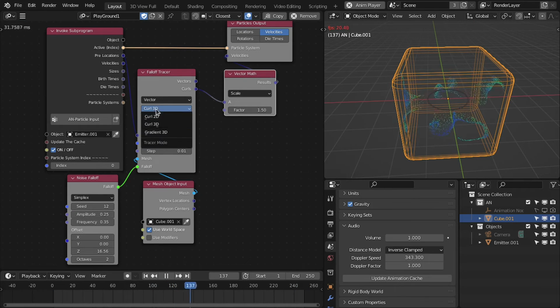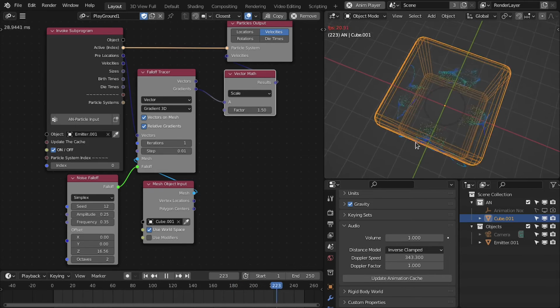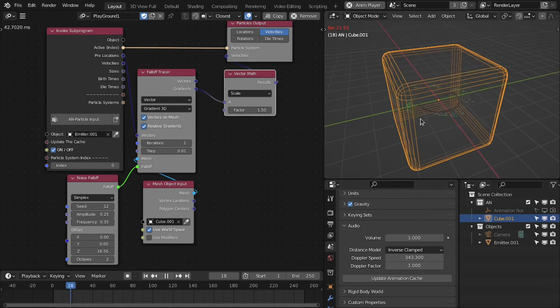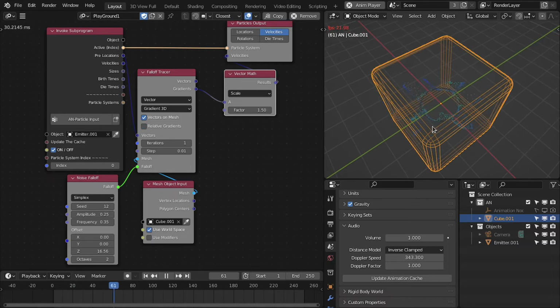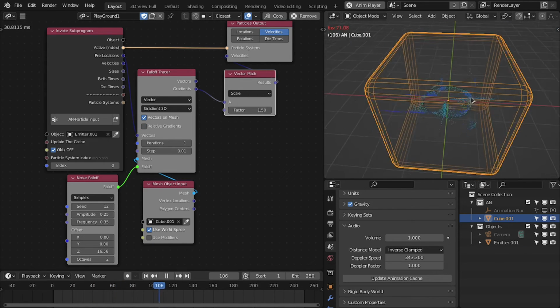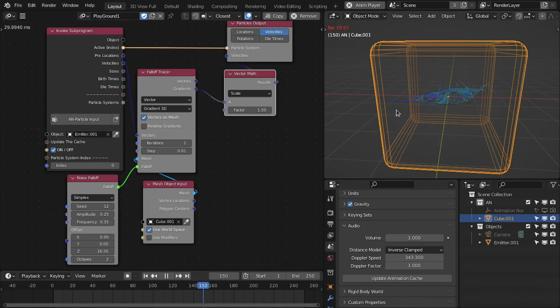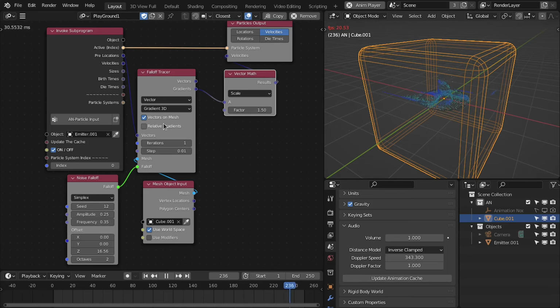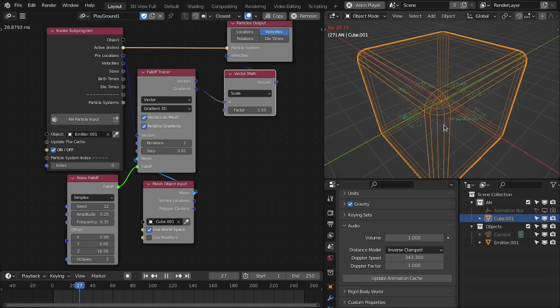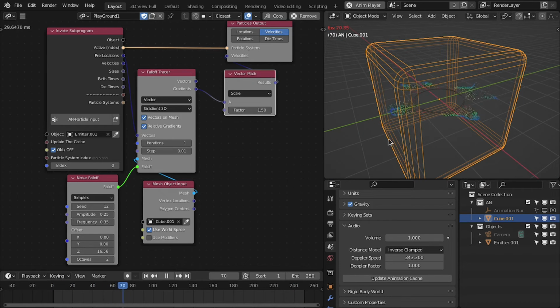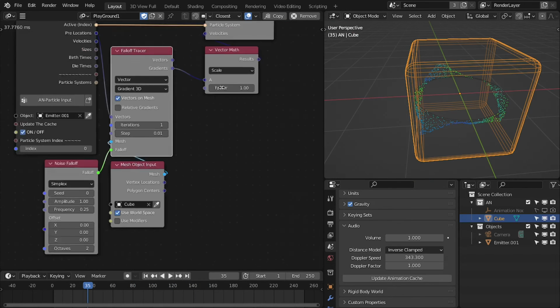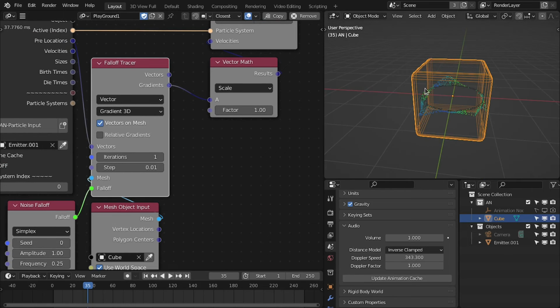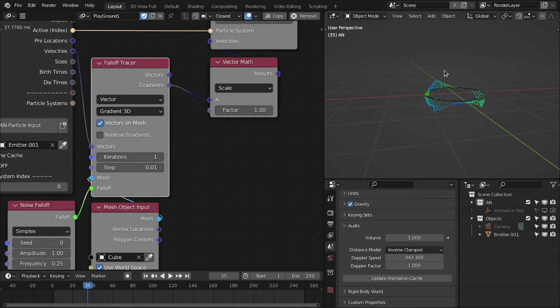And now if you change this to Gradient 3D, it's going to work for this gradient as well. Means if I disable this, see all the particles are moving according to the gradient of this noise based on this mesh surface. But if we enable this, it's going to move these particles based on that gradient but onto the mesh surface. Okay, and another thing is, so let's delete this cube,